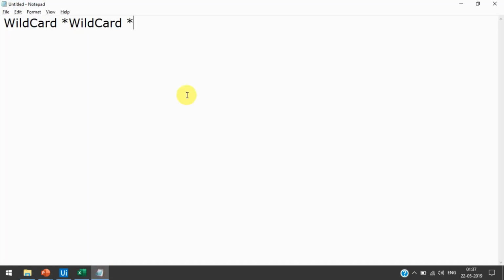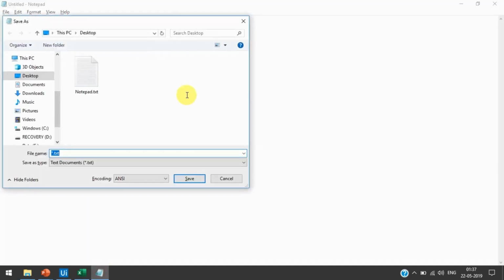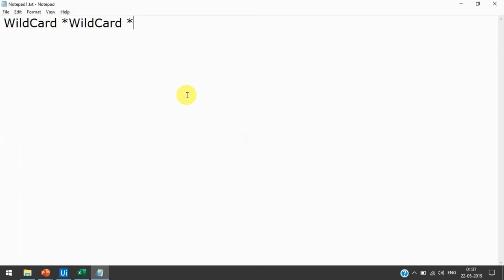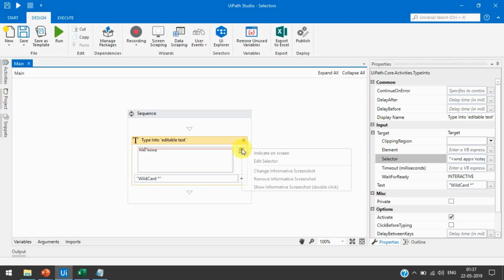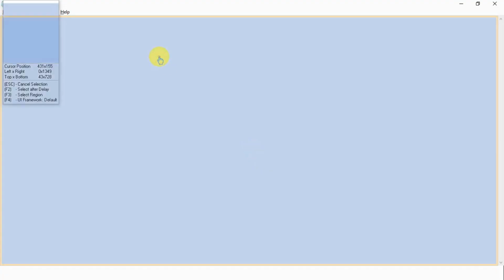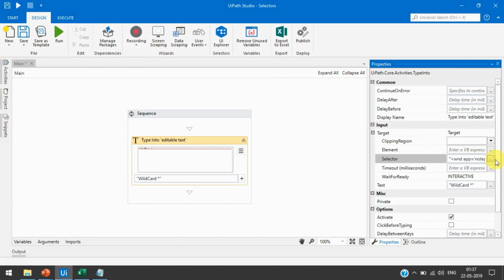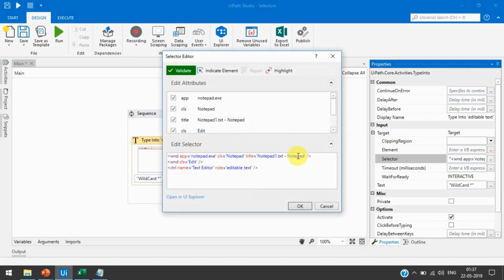Let me save this file with the name Notepad 1. Now let's indicate on this, and let me change the name of this. I am just going to use the question mark here.